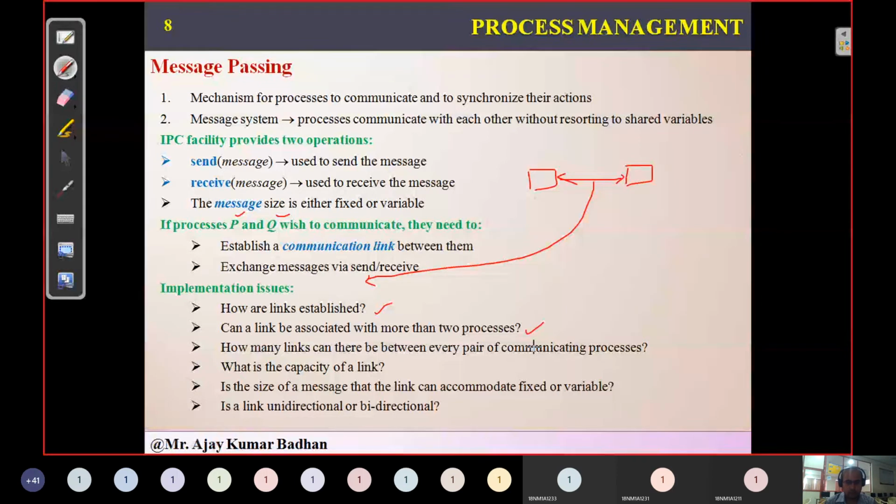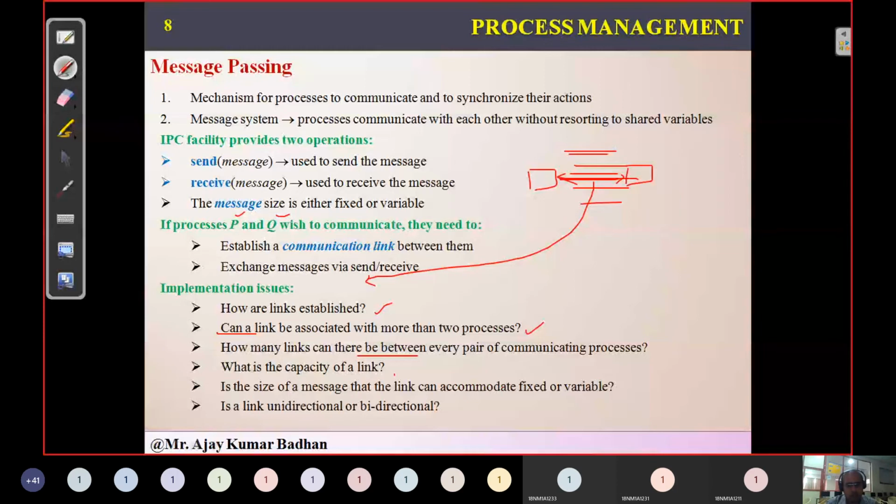So whether it is restricted. If you're doing it individually, then we have only two different processes communicating with each other. That is the issue we have. How many links can be created for every pair of communicating processes? In between these two processes, how many communication links can we create, whether we can create only one, or more than one.